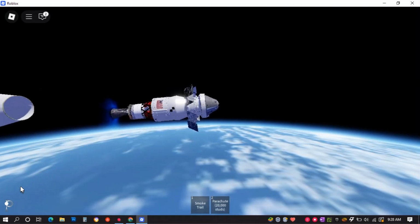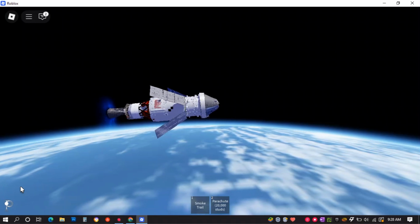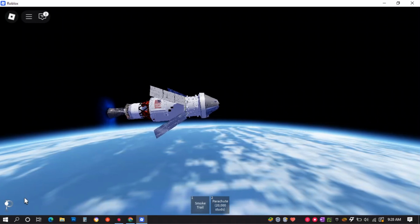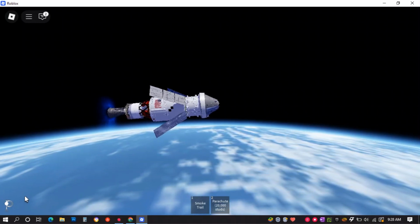And we have confirmation of core stage main engine cutoff. Orion is now in Earth's orbit. The flight dynamics officer reports that we have a nominal main engine cutoff. And we just heard the call for